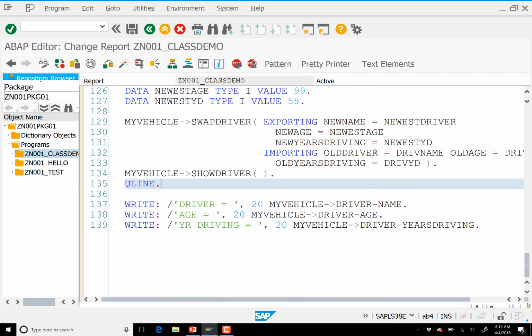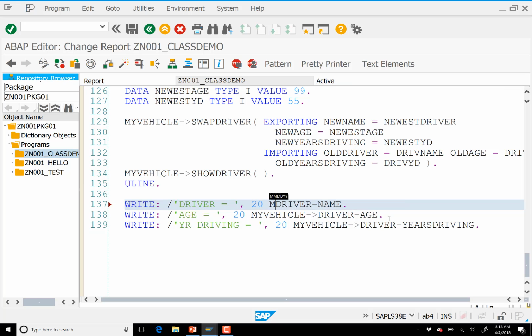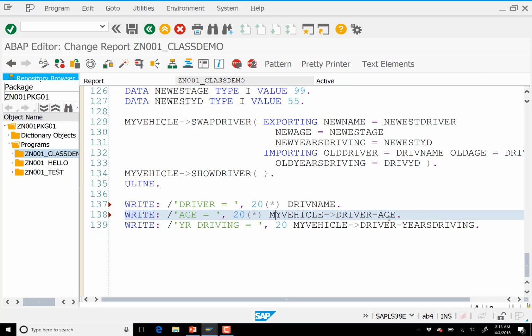Then if we wanted to make sure we really did get back the information we were expecting here, we'll do this actually here in our local code, not in the method, and we will print out the driver as being, whoops, that wasn't what I meant to do, as being driv name, and we will print out driv age, and lastly we will print out